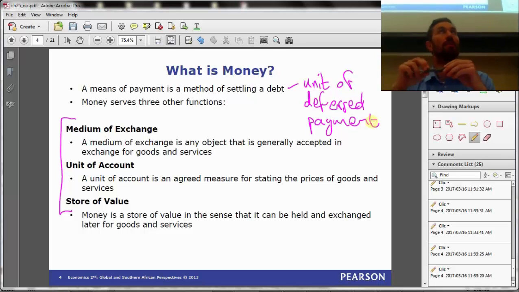So there were islanders, and I can't remember exactly where, but let's call it Indonesia somewhere. I don't know if that's true. But they used something called the yap. The yap is a small circular stone with a hole in the middle, so you can thread it and carry it around, and you can use yaps in exchange for stuff. When you owe someone something, you give them a yap and you get whatever you want from them. By giving them that yap, you say, I owe you something in the future, right?